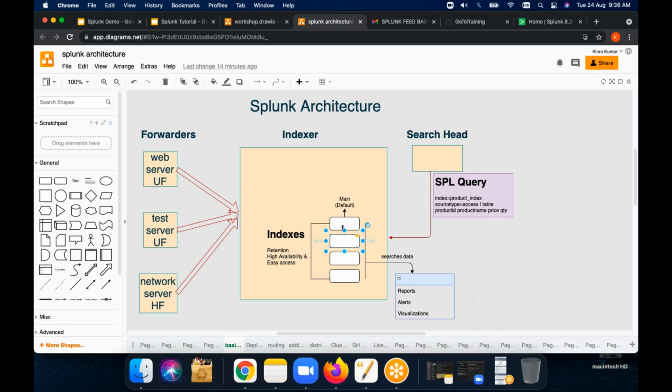Whenever data is coming from different sources, it is always better to have different indexes. Whether we should keep a single index, if you ask, if you keep, that is your own risk. If the server crashes, that is your own risk. So it is always better to have different indexes. Okay, that is the thing. So this is the basic architecture for Splunk actually.